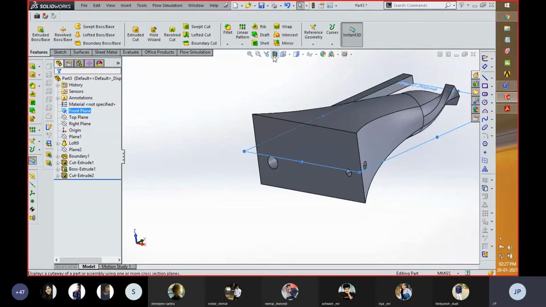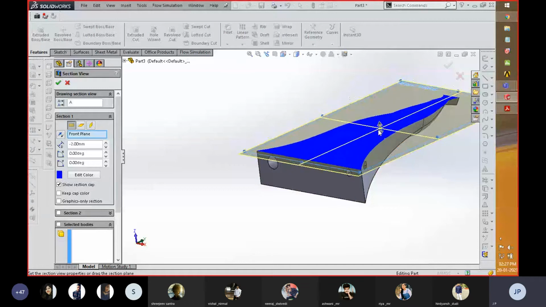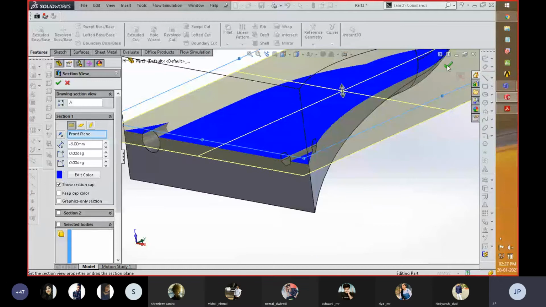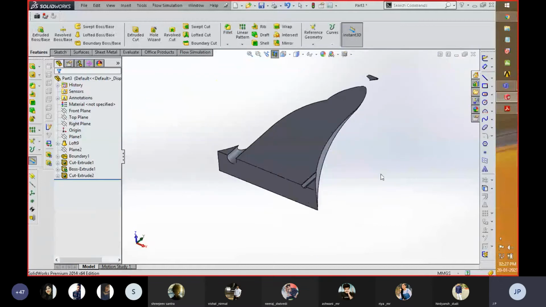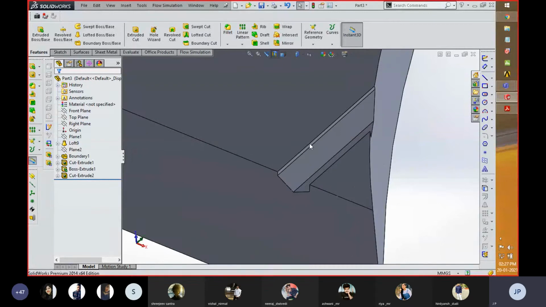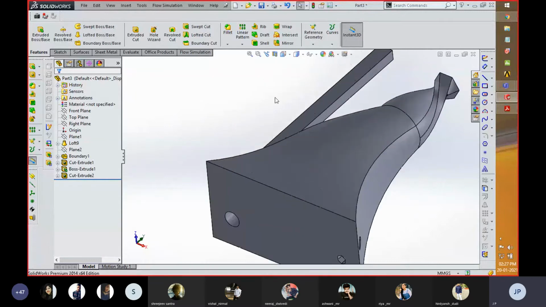With respect to that, just click over here. Now by dragging the plane below, you can see whatever material we created, and then click OK. So over here you can see that whatever amount of material is removed follows the same path. This is used for getting a better glimpse of the component which is to be removed from that part. Now if you want to get that part back in a complete manner, you just have to click on this section cut. So you got the complete part in this manner.